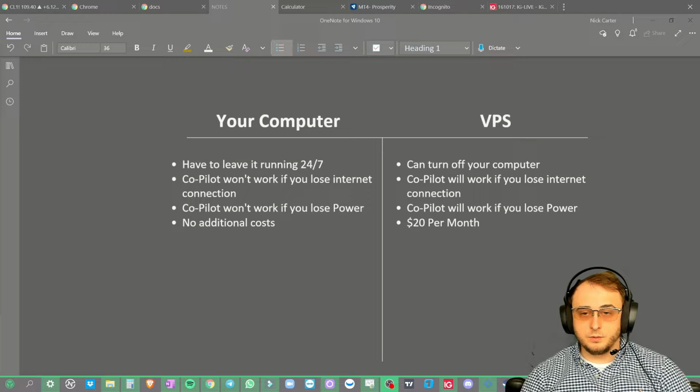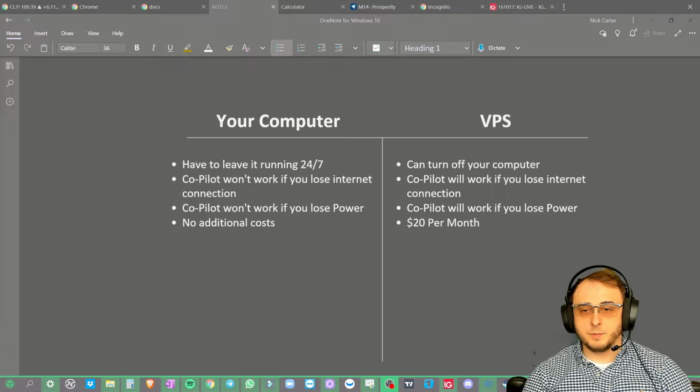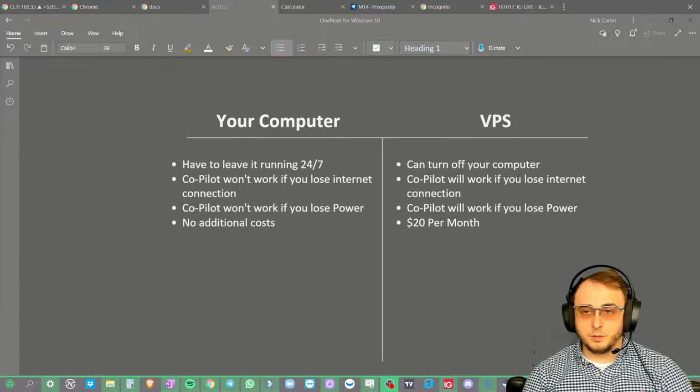If you're going to use Copilot on a VPS, it's going to cost you about $20 a month to get the specs for the computer that you need. So yeah, that's kind of the differences between running Copilot on your own personal computer and running Copilot on a VPS. So if you'd like to use a VPS, I'm going to go ahead and teach you guys how to